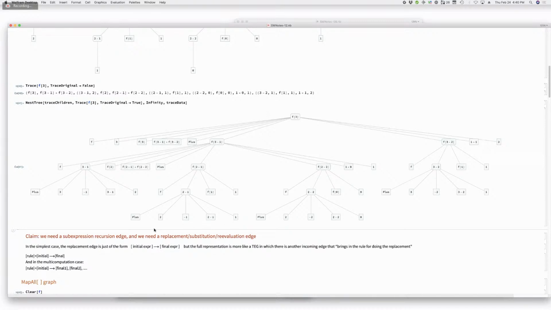Right. So now we say we have an expression of head plus, the first argument is f of 3 minus 1. But wait, we can evaluate f of 3 minus 1. So we go down. So we have f, and its argument is 3 minus 1. We can evaluate 3 minus 1, which is an expression of head plus, 3 and minus 1. They don't do anything, so we get back 3 minus 1. And again, the internal rule evaluates that to 2. We go up, we have f of 2. And then f of 2 evaluates into f of 2 minus 1 plus f of 2 minus 2, which is an expression.